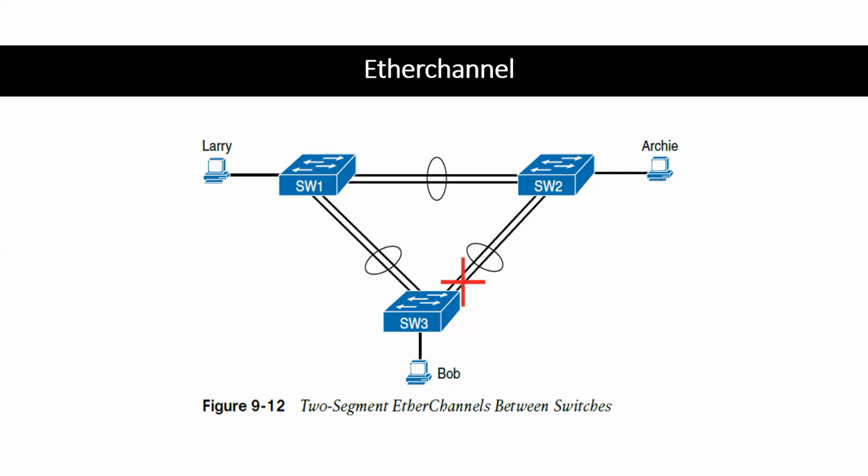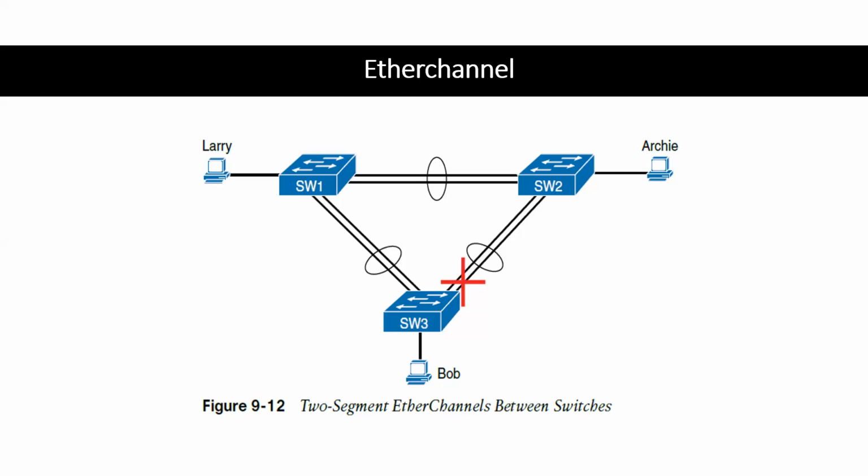One of the rules of EtherChannel is that it requires a minimum of at least, by default, one cable. As long as one cable or one link is up, that convergence isn't going to happen. Okay? All right? So that is EtherChannel. And we'll talk more in detail about it in the chapter on RSTP and EtherChannel configuration, right? So we'll go over the configuration. We'll go over it in Chapter 17,